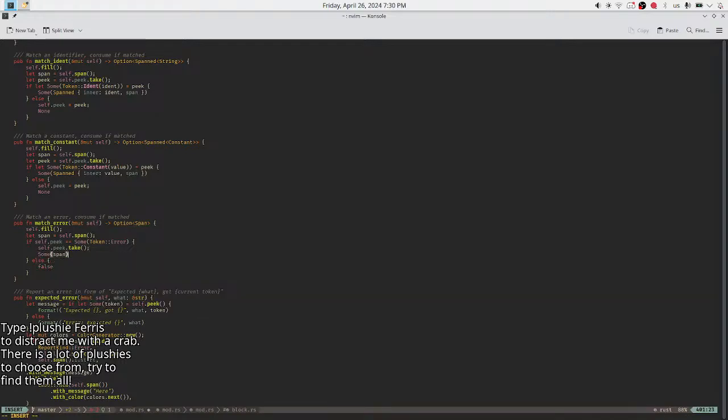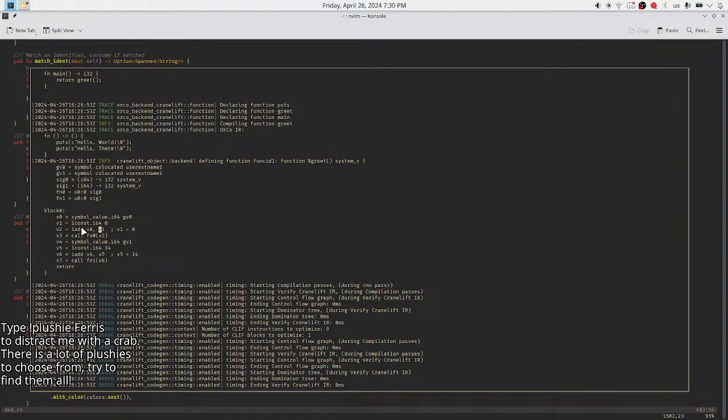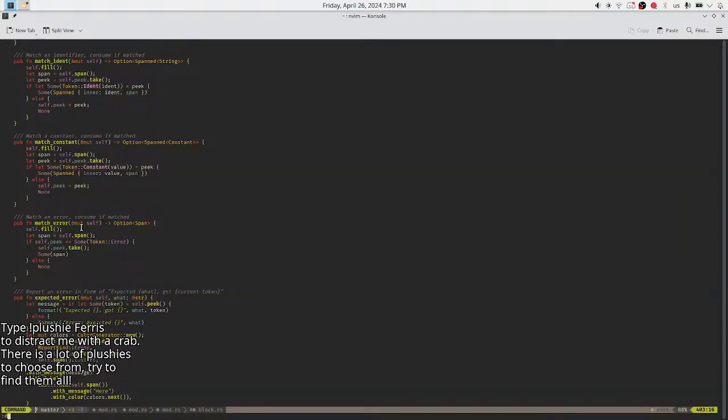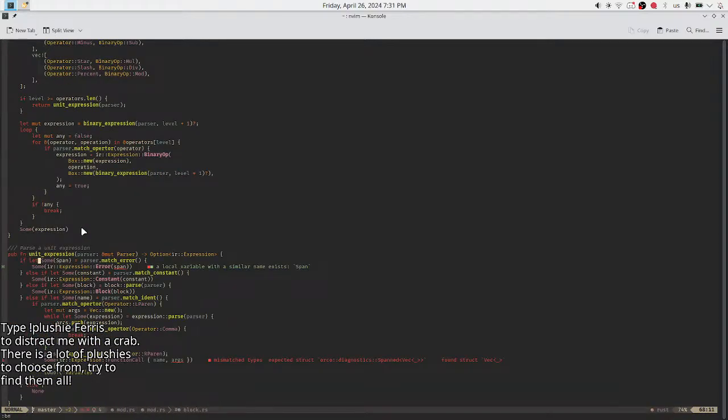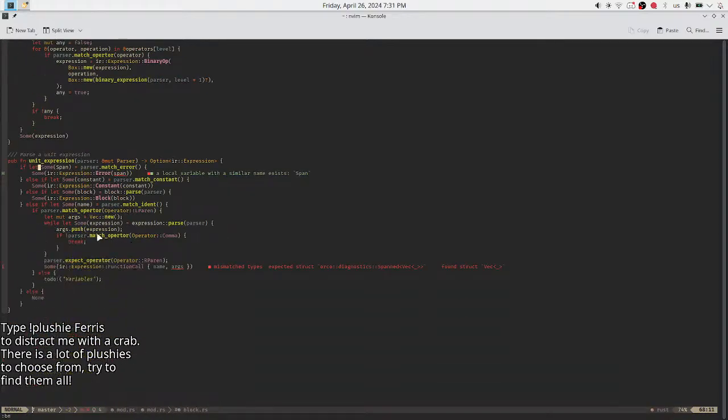Some of span, none. Where am I? Here in a unit expression arguments. Yep, I need to span them as well.